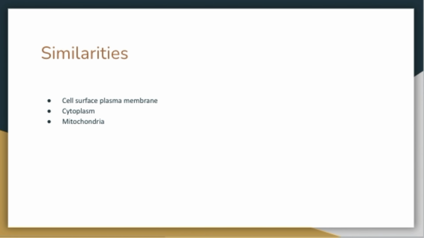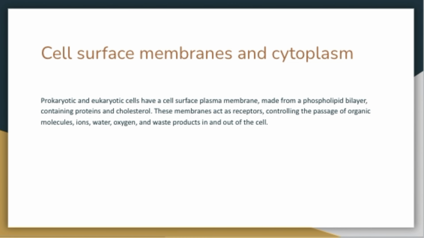There are similarities and differences between the two, and some of the similarities are cell surface plasma membrane, cytoplasm, and mitochondria. Prokaryotic cells and eukaryotic cells have a cell surface plasma membrane that separates the inside of the cell from its environment. The plasma membrane is made from a